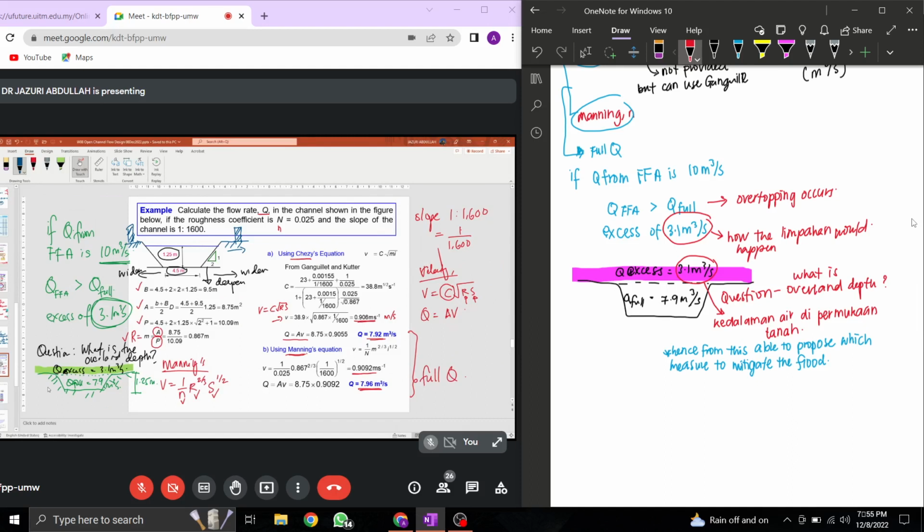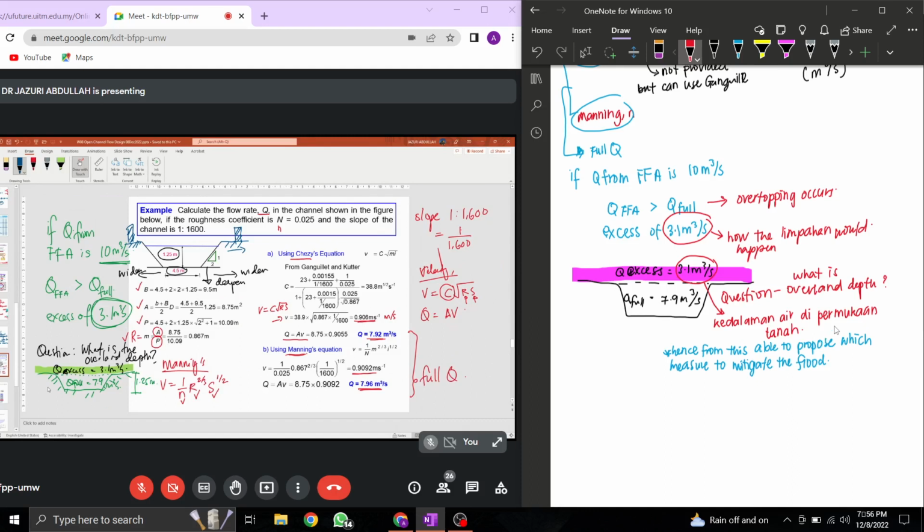Okay, so setakat ni ada soalan ke untuk bertanya berkenaan dengan example sekarang yang saya tunjukkan, dan juga apakah the relationship, so whatever method, whatever lecture saya telah jelaskan pada minggu pertama sampai minggu ke-7. Ada soalan ke? Doktor? Ya. So maksudnya kita akan compare nilai yang kita dah buat daripada flood frequency analysis tu dengan yang Manning